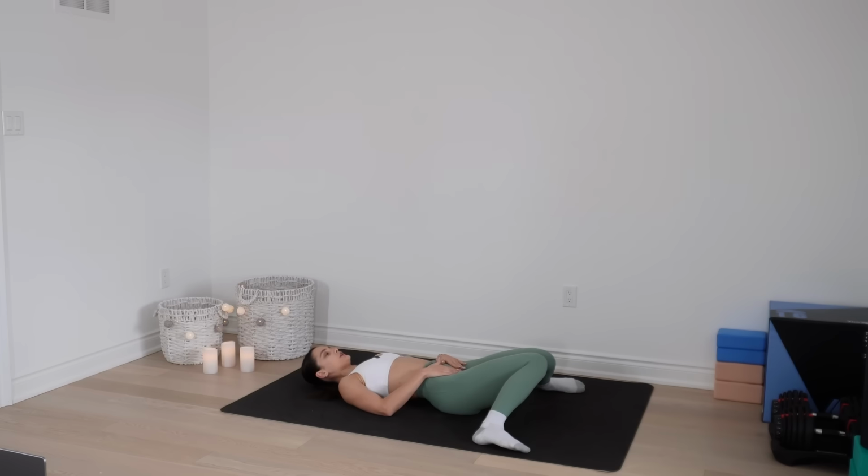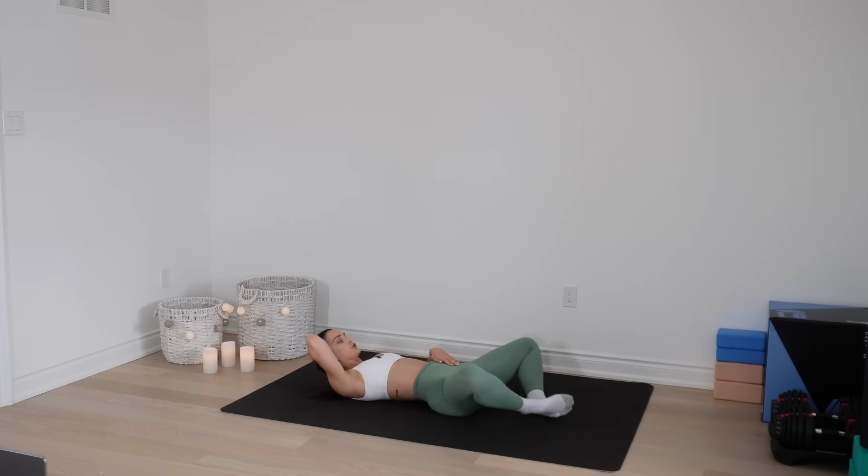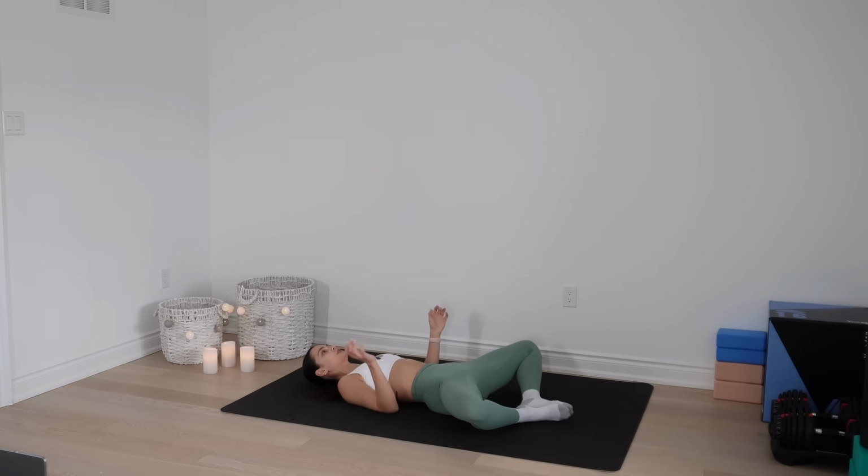Hands on the pelvis and go back and forth. Let's go for 4. Front and back is 1, 3. So just moving back and forth, back and forth. Pretend you're in a salsa class. 2 and 1. And then when you're ready, walk your feet together, go into your butterfly, but control your legs,